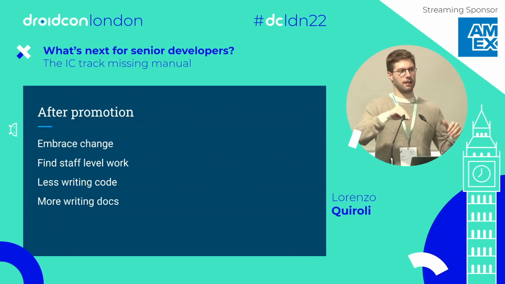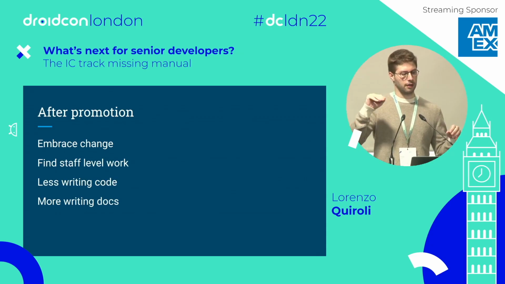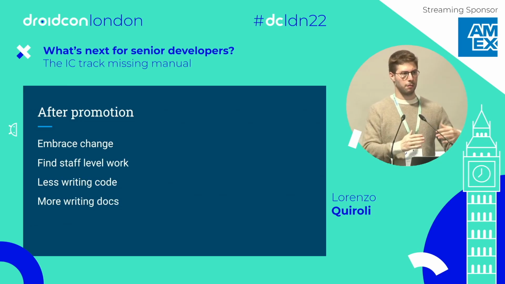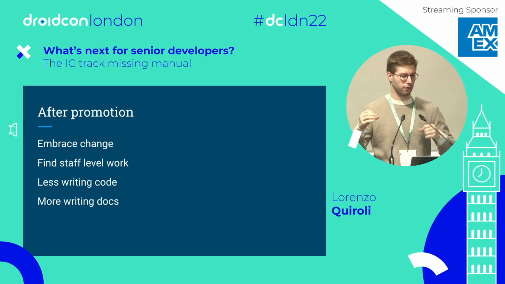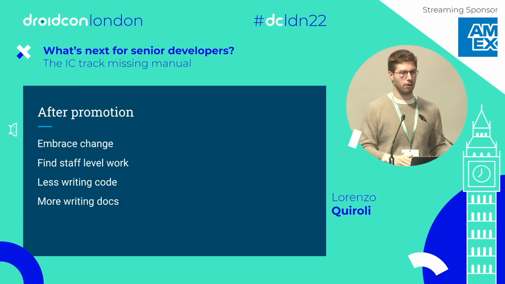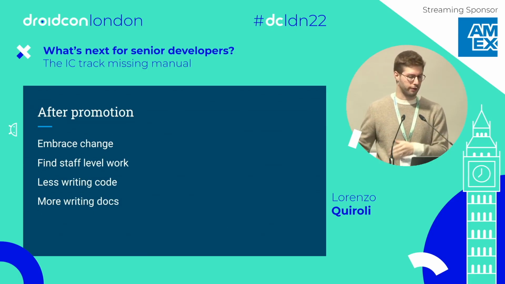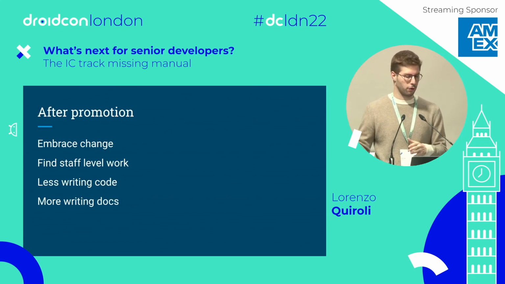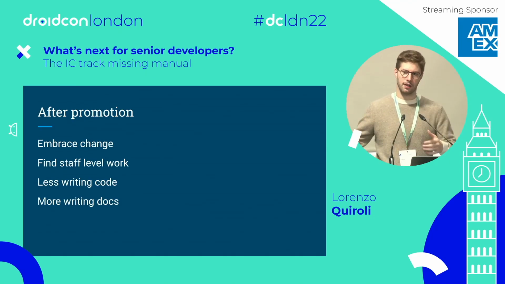I think in the tech ladder, when you reach senior developer, that is the moment where you're able to deliver the biggest amount of code, because it's a relationship between the time you have and what's required from you. So you're very comfortable writing code, you're able to write it quite fast, and you're delivering a lot of code. After the promotion to staff, you might end up actually writing more documentation, more proposals, because those have an impact that spans outside the code you write. It has an impact that affects multiple people.